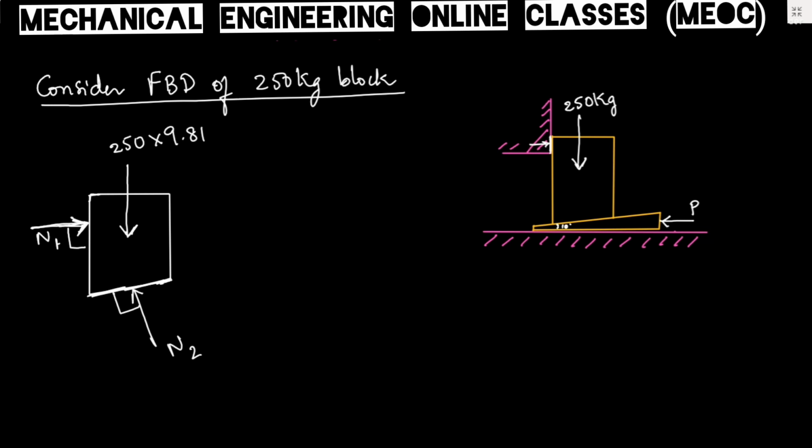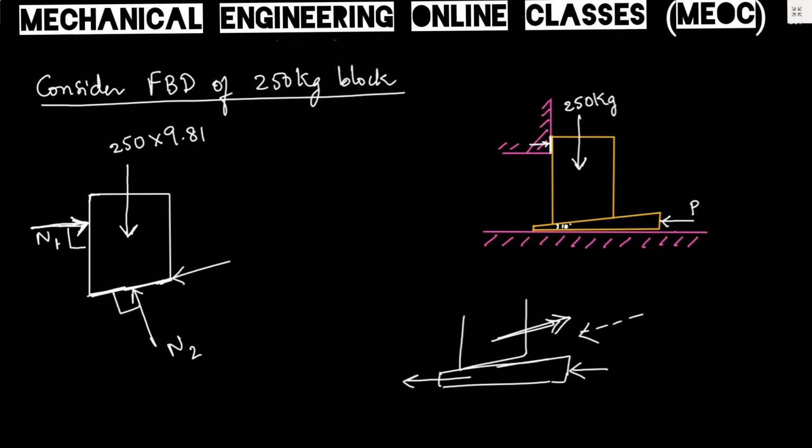So let us see how the friction will be acting. Now in this particular case, at the inclined surface, the wedge is given a force P leftward, which means the wedge will be moving leftward. Otherwise we can say that the block is moving up the inclined plane. So when the block is moving up the inclined plane, its friction will be down the inclined plane. I am writing it in terms of its normal reaction, mu into N2. The frictional force is mu N2 acting left down.